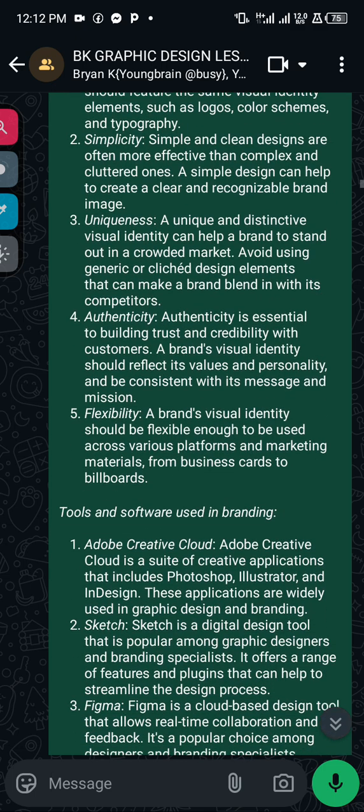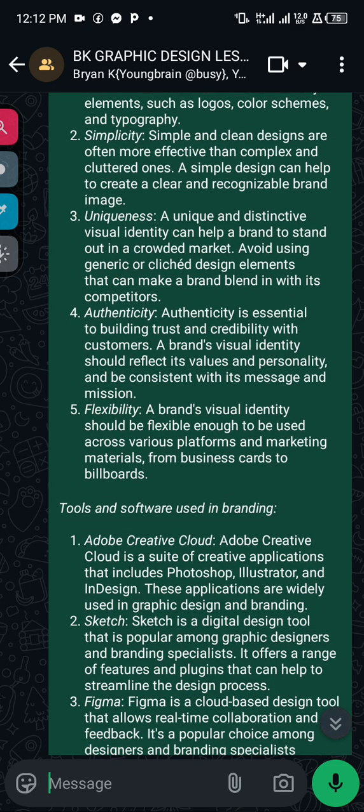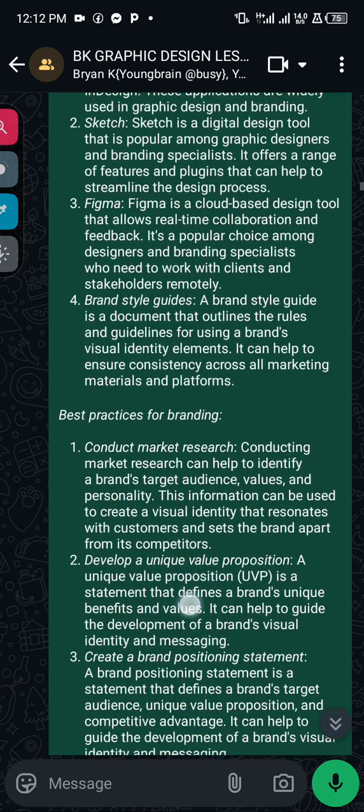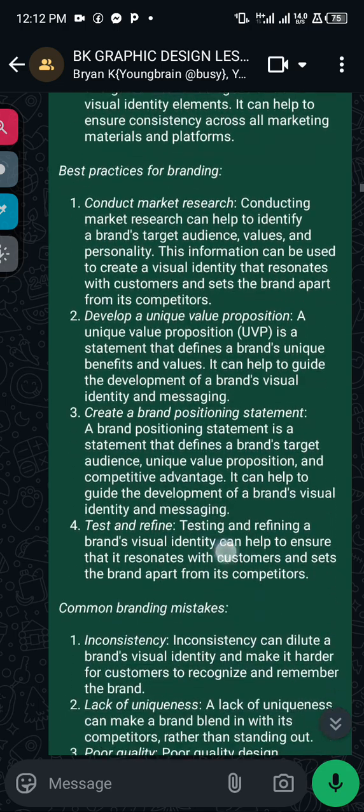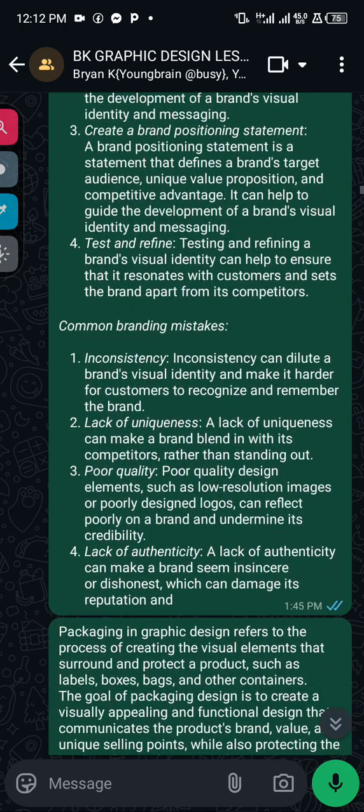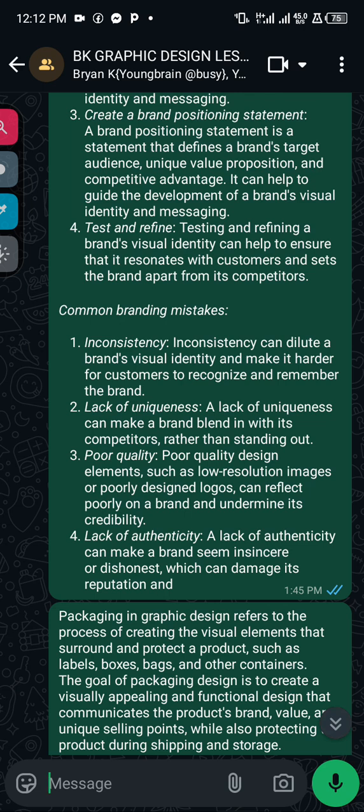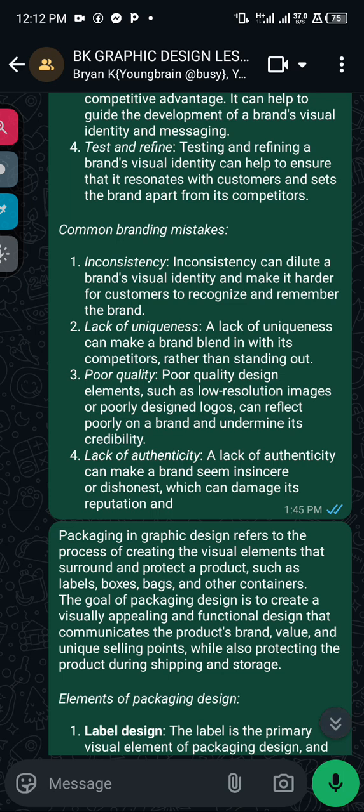Then we have tools or software. You can use Adobe Creative Cloud. You can download this. You can design, sketch, and all the rest. We can talk about common branding mistakes like inconsistency, lack of uniqueness, and poor quality. We have packaging in graphic design. Packaging refers to the process of creating visual elements that surround and protect a product, such as labels, boxes, bags, and all the rest. So in a master class,